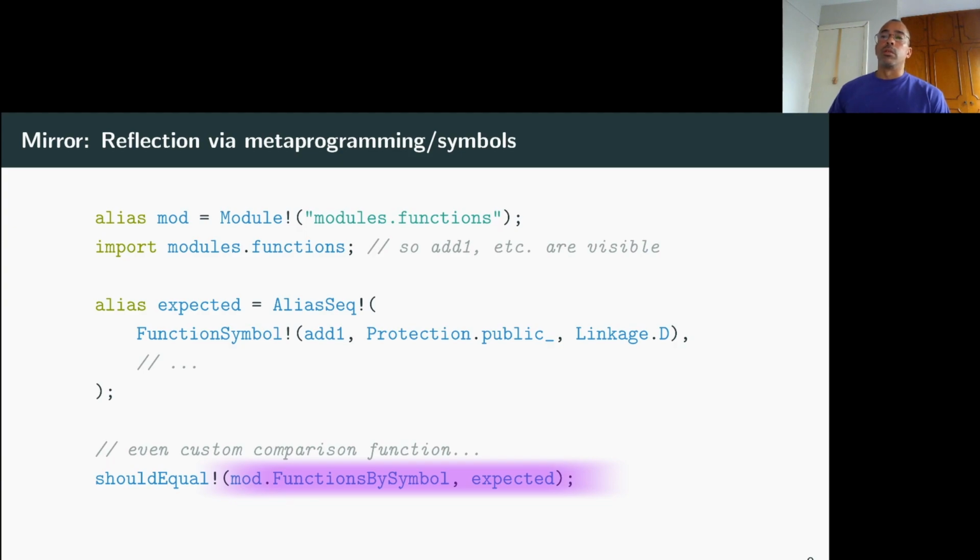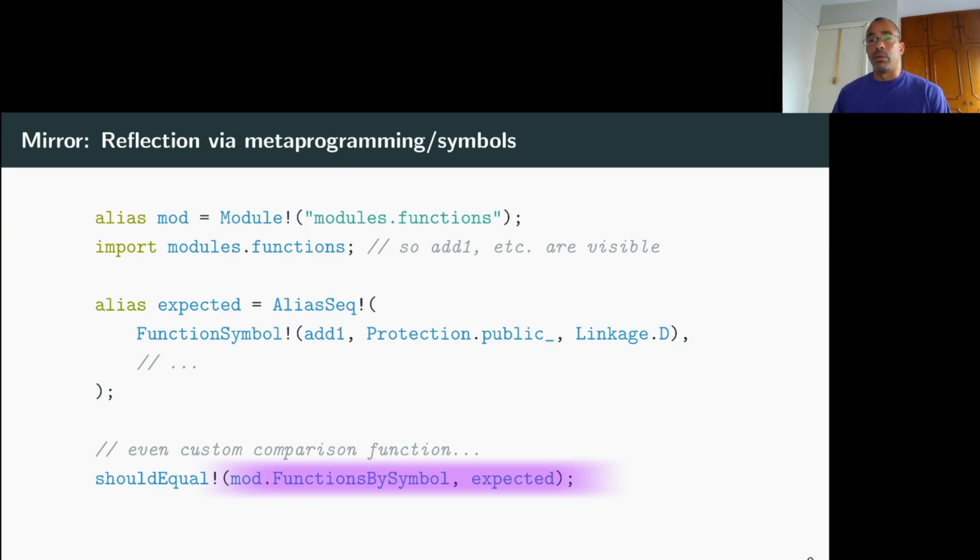And this is doing so much for anyone who's done reflection before. Internally, this is doing traits allMembers on the module, and then looping over them, and then filtering the ones that are functions, which isn't that trivial because it's also taking care of not generating compiler errors by trying to access symbols within that module that are private. And so it's doing a lot of work, which there's just no way of doing otherwise today, this simply.